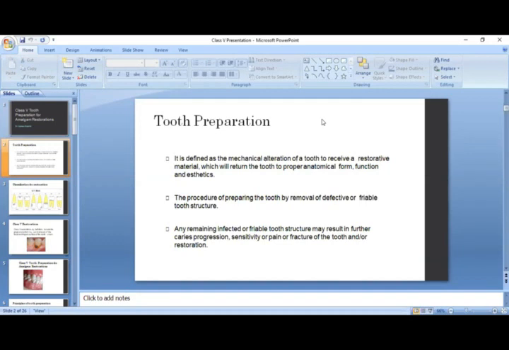It may cause sensitivity to cold, sensitivity to hot, or it may cause pain, or the tooth structure will fracture easily because you put the restoration on a defective tooth structure. So when that tooth structure fractures, definitely the restoration or the filling will come loose. I hope everything is clear up till now.